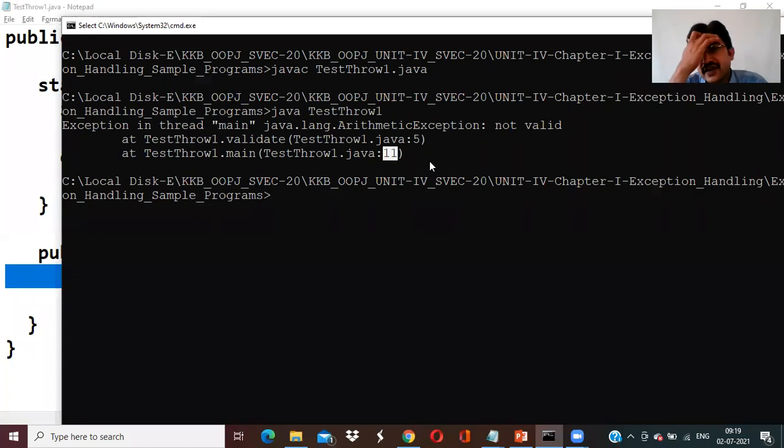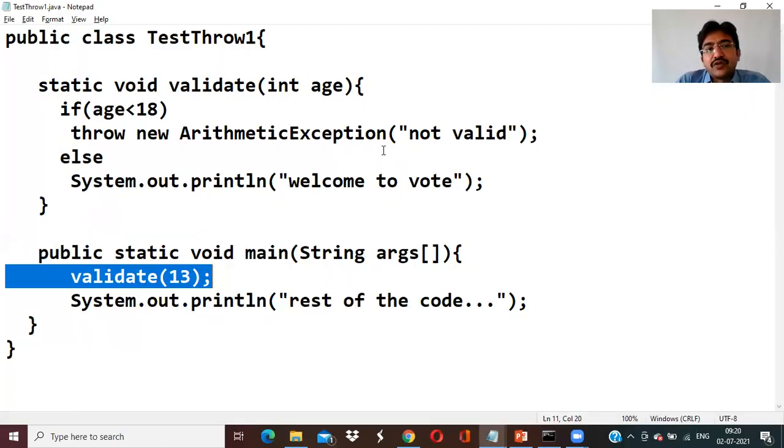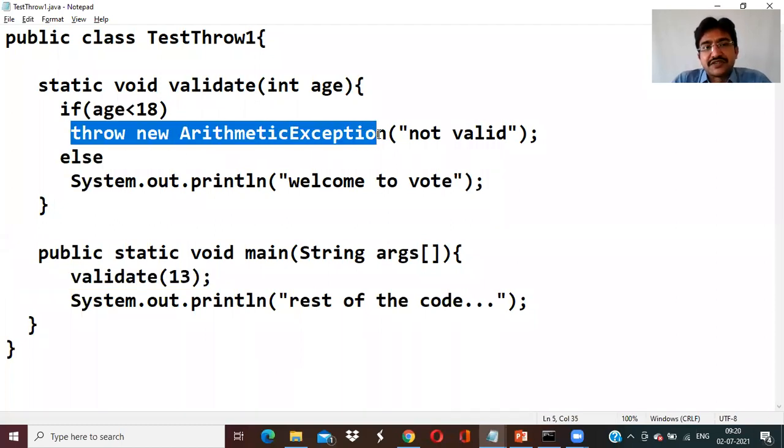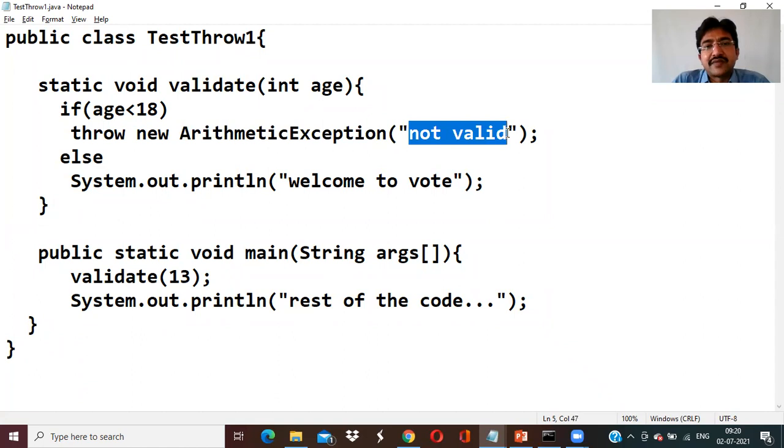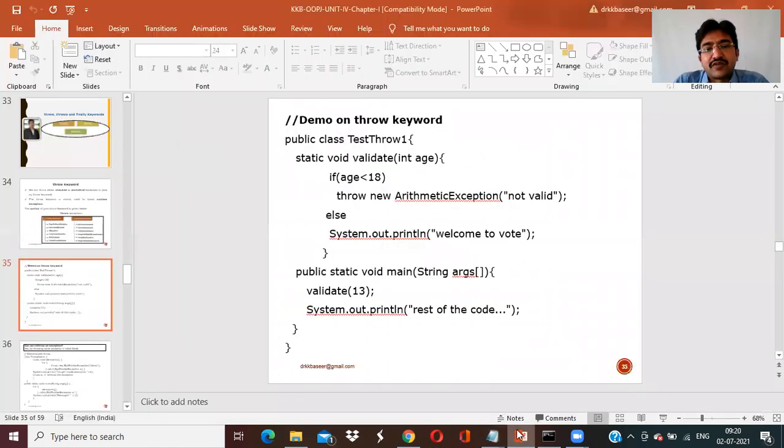So what is the purpose of try? We can write the logic of the code in the try block. What is the purpose of catch? Whatever exception is thrown by the try block will be caught by the catch block. Now here, without try and without catch, we can throw the exceptions. Here ArithmeticException is thrown without the try and catch block. Custom defined in the sense, this is custom defined only. A custom exception we can raise. So that is the advantage of throw.